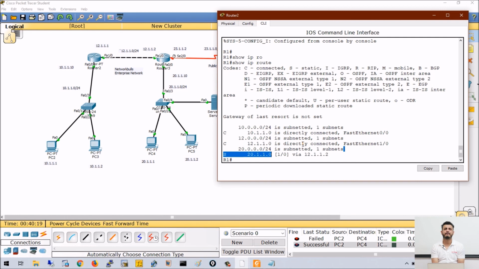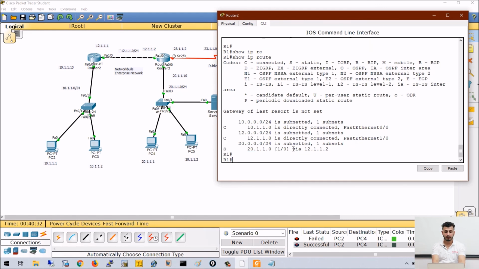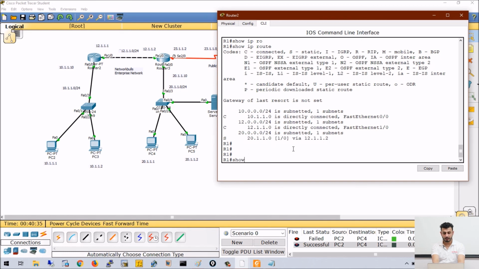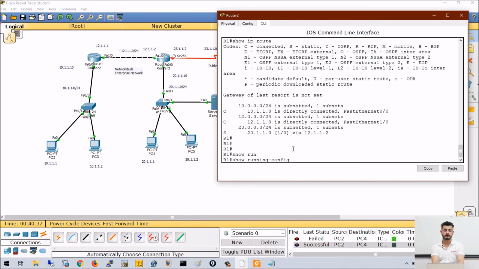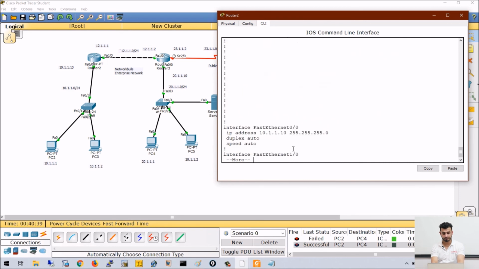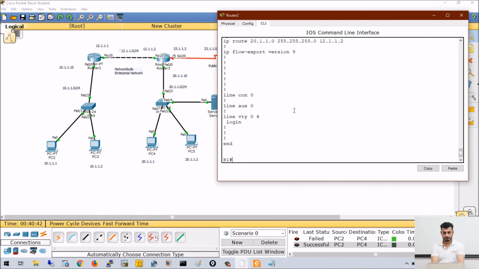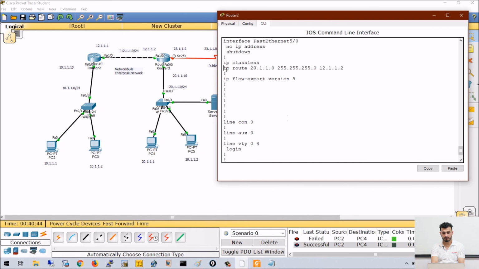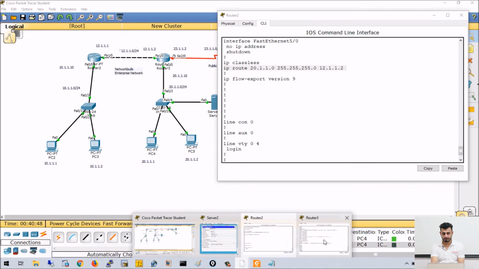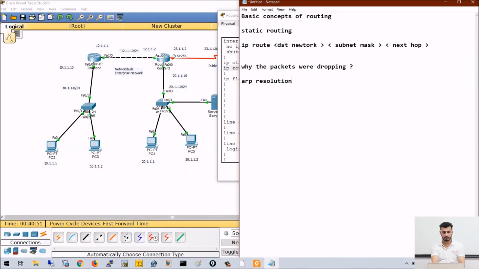In the routing table, we have a few codes like C, S. They show how the routes are present in the routing table. Then we have the network information, then administrative distance, then metric, then next hop. All these things are present in the routing table. And how to configure that route, I have shown you. You can check the configuration also for the router with show run. So this is the route configuration present on the router. If you want to copy it, you can copy it and paste it in your notepad file.